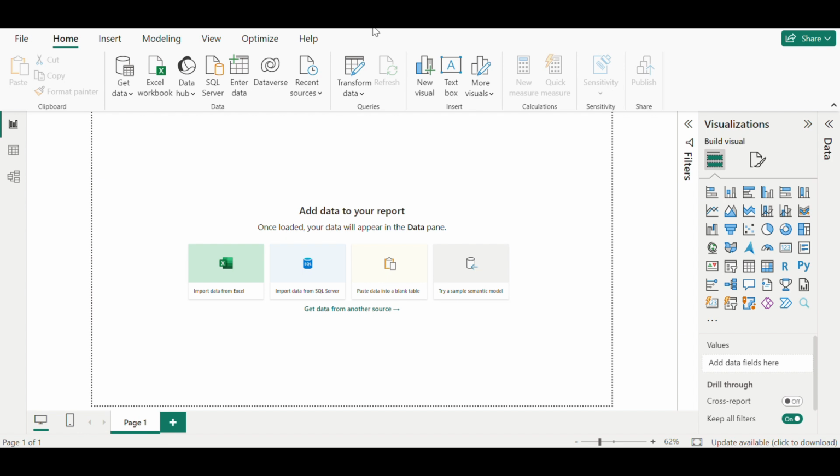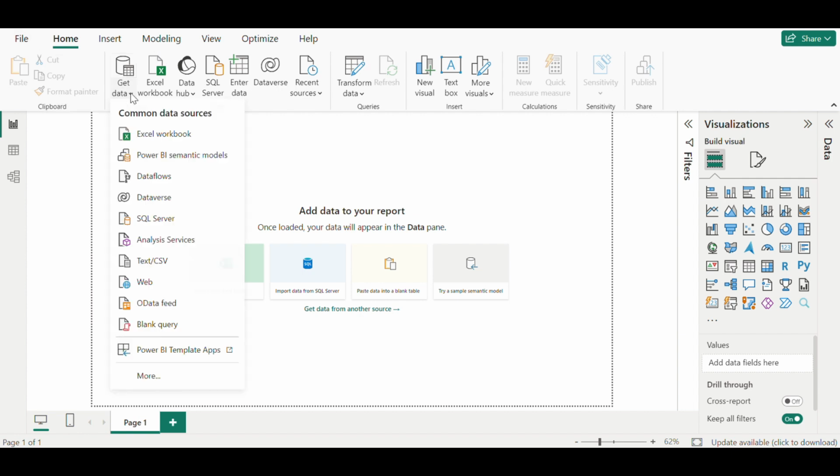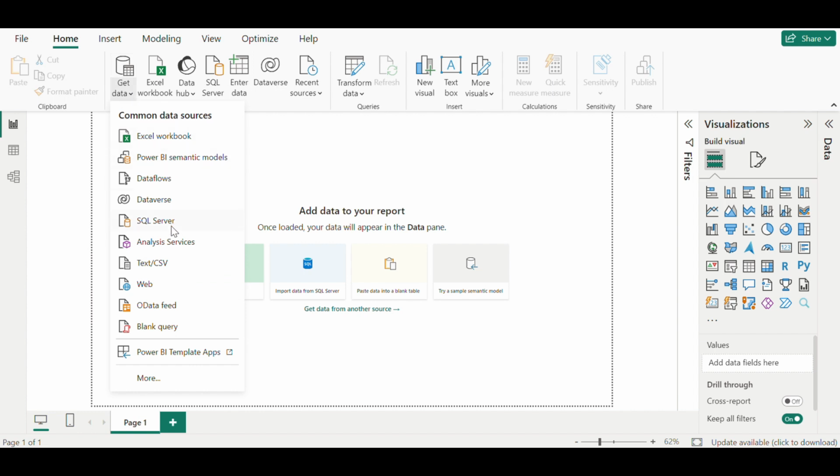When you open up Power BI, this is what you just see. Power BI without a data set. And you need to get the data for you to actually work and provide an excellent report. So now we're going to get the data, of which we'll go here to this ribbon and find the data